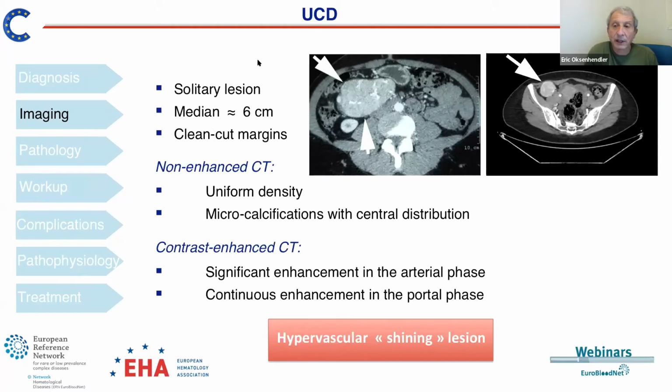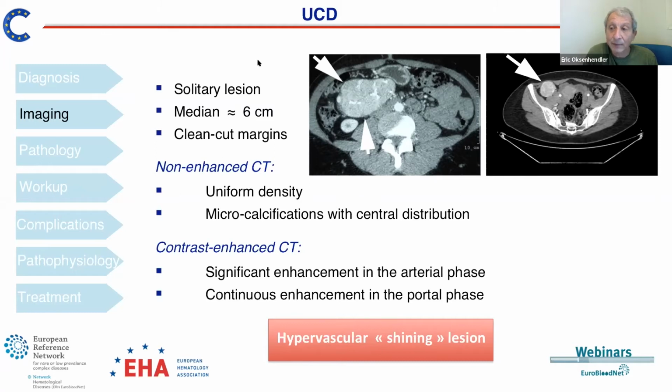So here is the typical form of unicentric Castleman disease. As you can see, it's usually a solitary lesion. It could be a big lesion. The median size observed is 6 centimeters. It's a clean-cut lesion with clean-cut margins. You can see that. And when we use a CT scan, you see that on non-enhanced CT, you have a